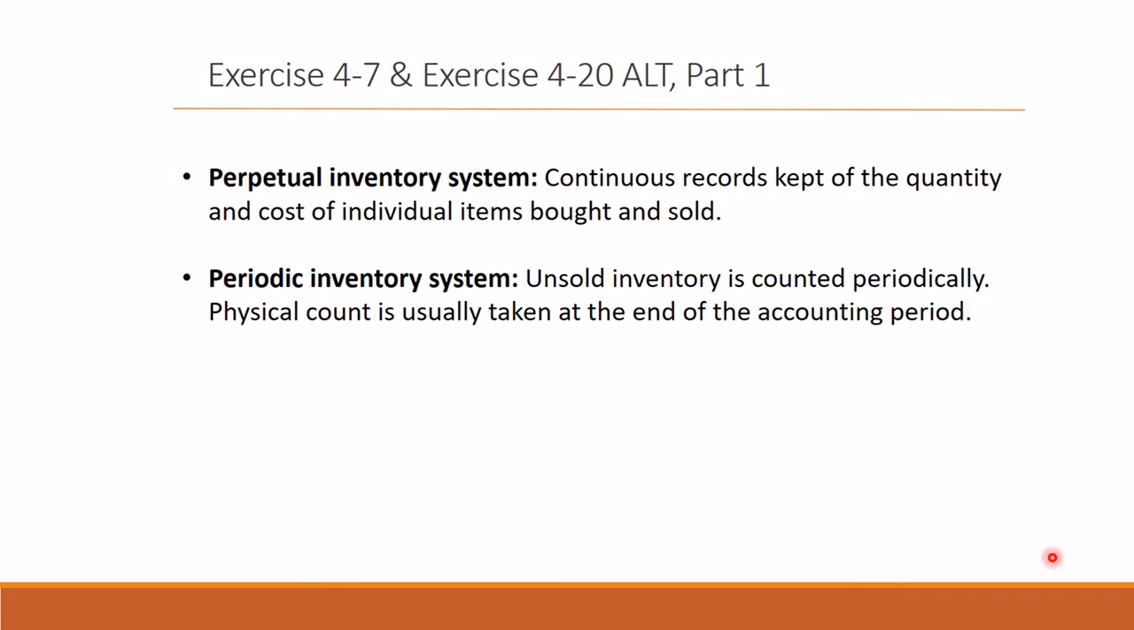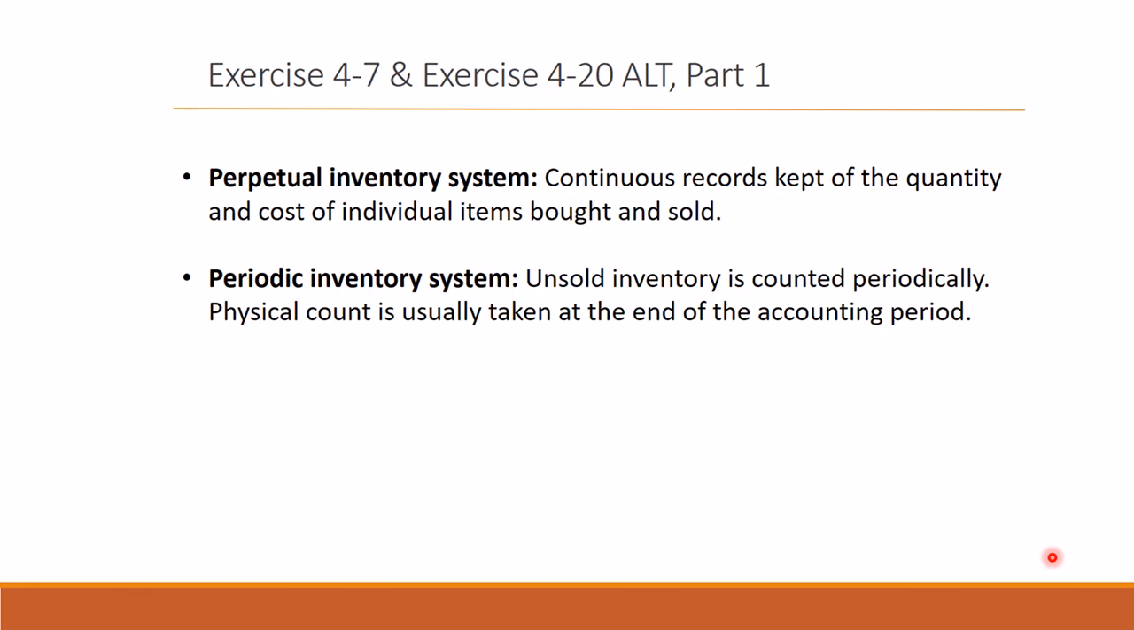In this video, we're going to look at some different purchase transactions by Sydney Retailing in Part 1 of Exercise 4.7 and 4.20 and how they would be handled under both the periodic inventory system and the perpetual inventory system, so you can see some similarities and differences between the two systems. I will note a separate video is going to cover the sales transactions, or Part 2 of both these problems